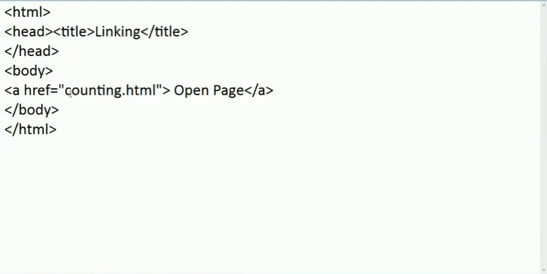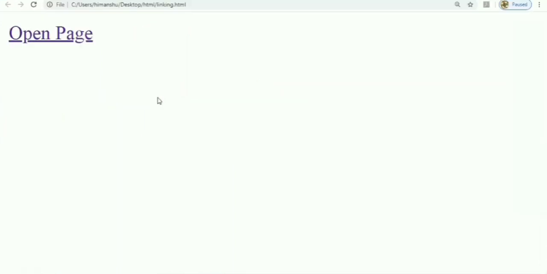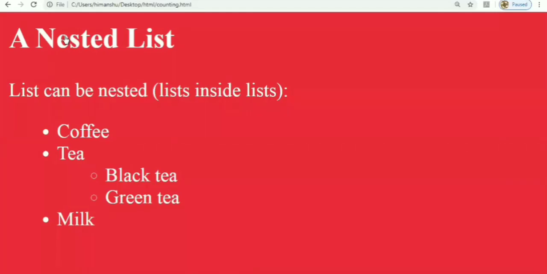Make sure you have written here the same spelling as you saved your file in that particular folder. After that, I have saved my file. Now I'll refresh my page. Fine. When I open this, it will look like this.